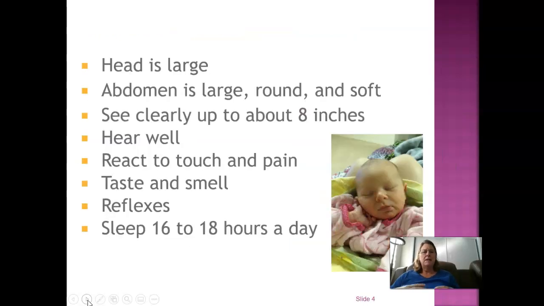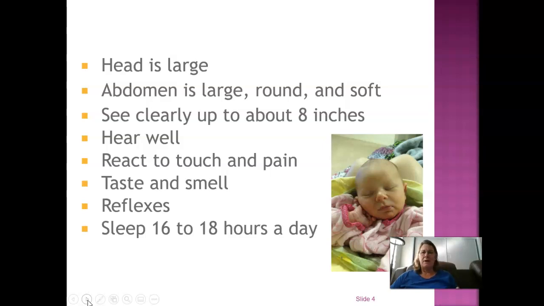Their head is predominantly large, so when you look at a child, they tend to be top heavy. As an adult, our center of gravity is usually in our lumbar region, in our lower back. But for a child, it's actually up in the thoracic region, because their heads are proportionally very large for the rest of their body, and so they tend to be very top heavy. That's worth noting, because it's one of the reasons why they say even a bucket of water a child can drown in. They bend over to look in it,